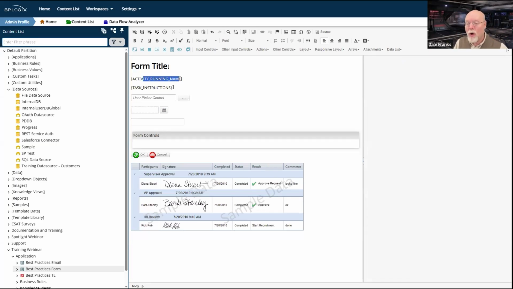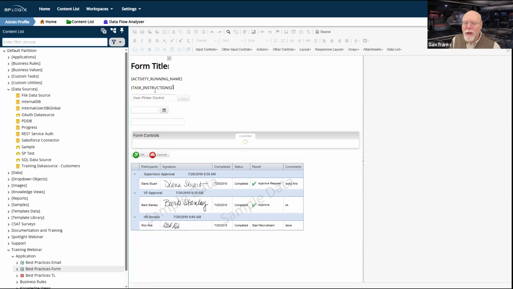When this form is running, you need to know whenever the form opens up, especially the person who is assigned a task, they are going to need to know, A, what task is it that I've been assigned? Nice to have that at the top of the form. And B, what is it that I'm supposed to do? Nice to have that at the top of the form too. That's why we have both of these system variables thrown in at the top of the form. With this, we're kind of happy. I think we can save and close our form design because now we have a form that at least encapsulates all of our best practices.